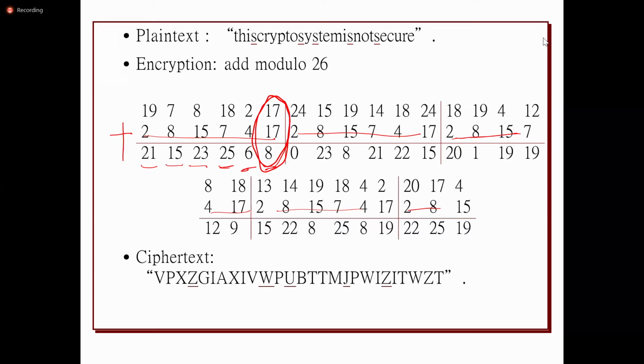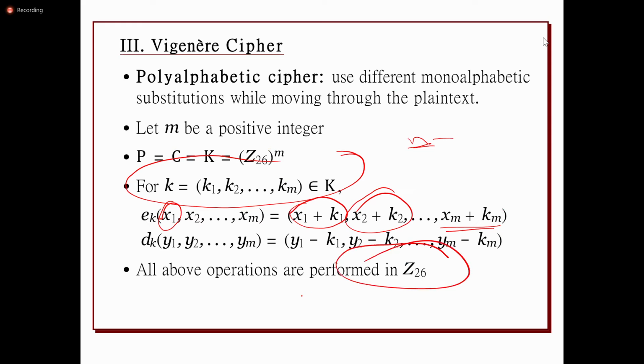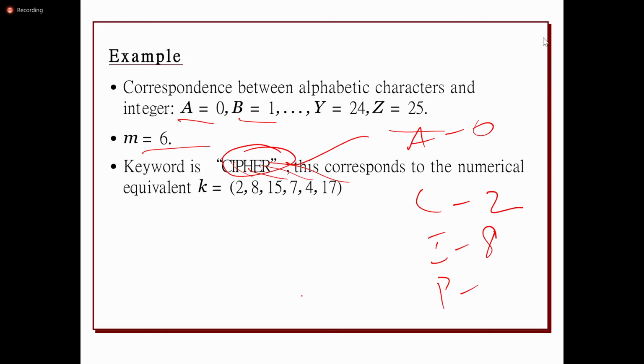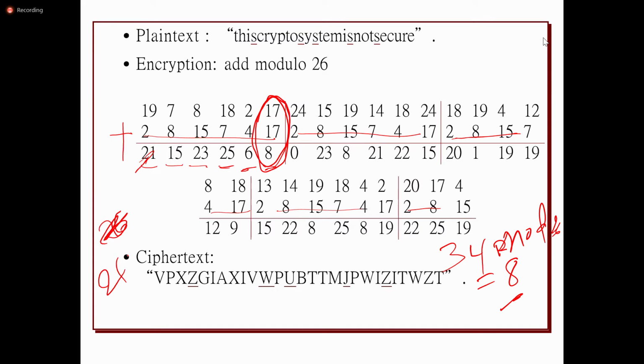If you observe, 17 plus 17 is 34, but we have to take the modulo. There are only 26 alphabets, so we need to take modulo with 26. 17 plus 17 is 34, and 34 mod 26 gives the result 8. If any number after adding exceeds 26, we take it mod 26. If the first value is 21, then 21 mod 26 is 21 itself.